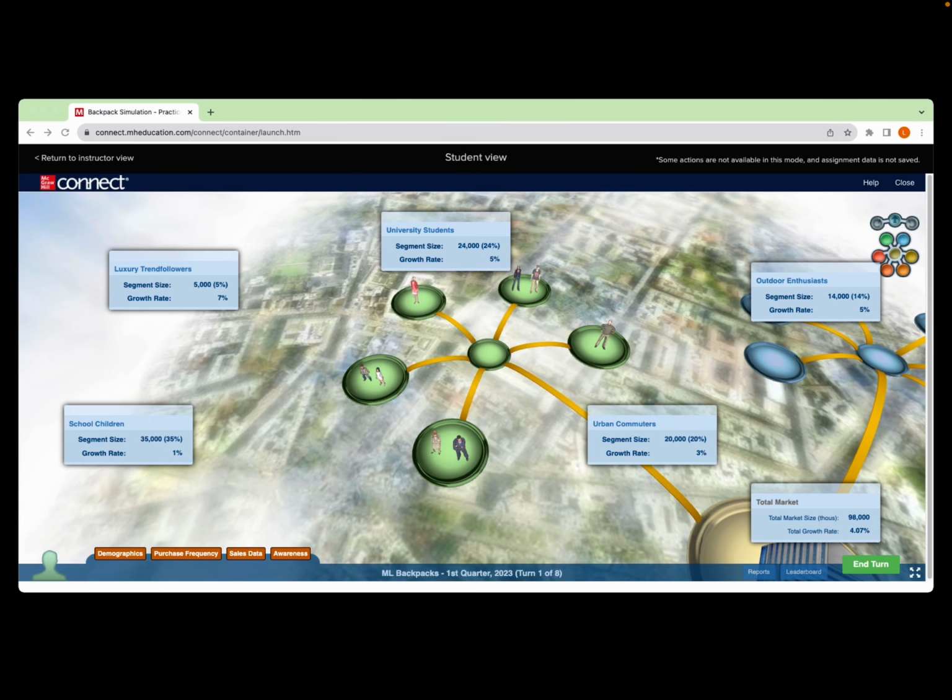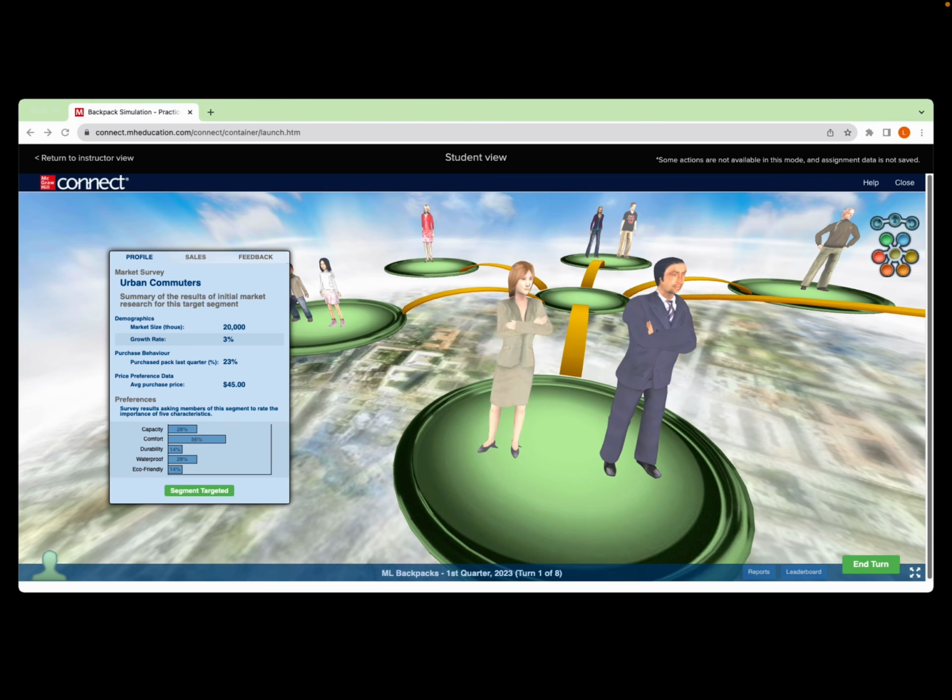First spoke on the hub is the segmentation part. And so you have 5 segments to choose from. For the purpose of this example, I just chose one at random, urban commuters. And so what you get to see here, just quickly, is very high level stuff. If you click on each one, you don't have to target it, but you get to see a little bit more high level stats on each segment, like this. So you can see a bit on demographic information, purchase behavior, price preference,